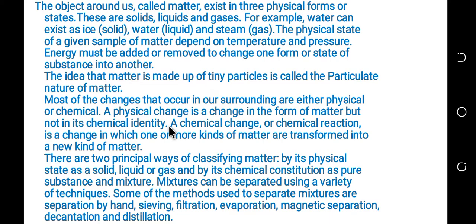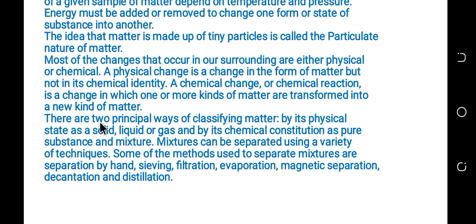There is no change in chemical identity. There is only a change in the form of matter. ፎርም ኦፍ ማተሩ ብቻ ነው የሚቀየረው፤ ኬሚካዊ ስሪቱ አይቀየርም። ይሄ ፊዚካል ፕሮፐርቲ ይባላል። But a chemical change or chemical reaction is a change in which one or more kinds of matter are transformed into a new kind of matter. አንድ ማተር ወደ አዲስ ማተር የሚቀየር ከሆነ that is chemical change ነው፤ chemical identity ተቀይሯል ማለት ነው።